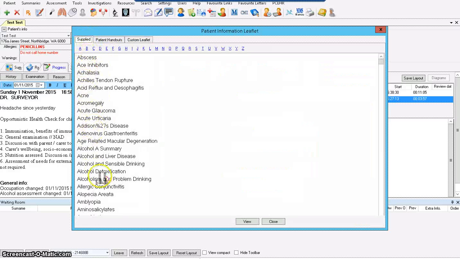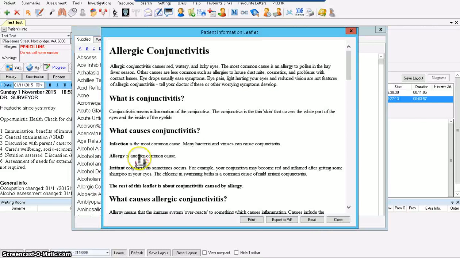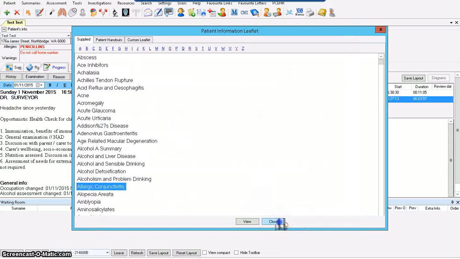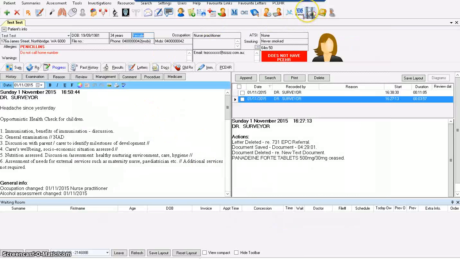Or these ones. Eventually, you will have your favorite ones. You can print it, give the patient, and explain. Print button,